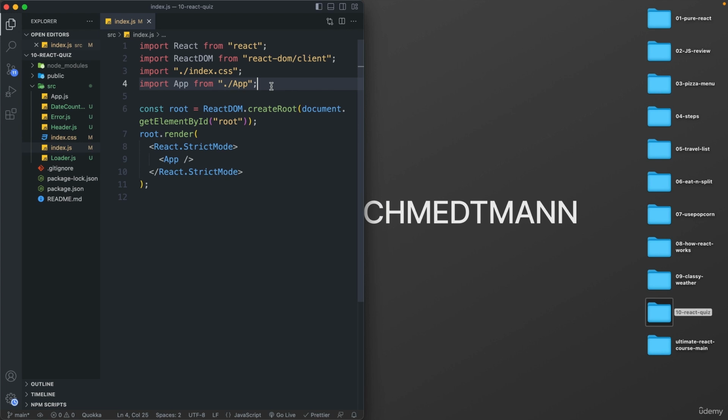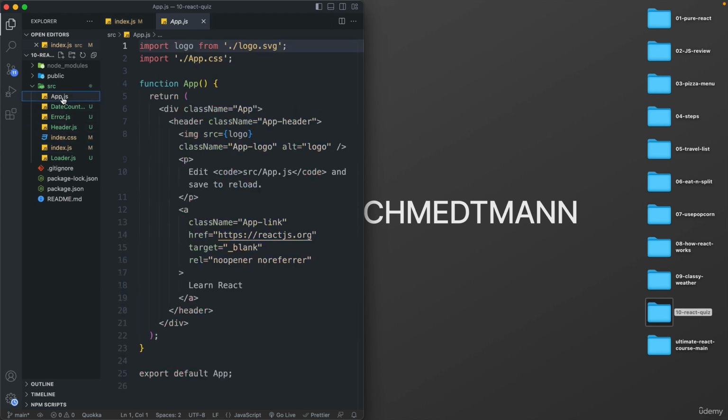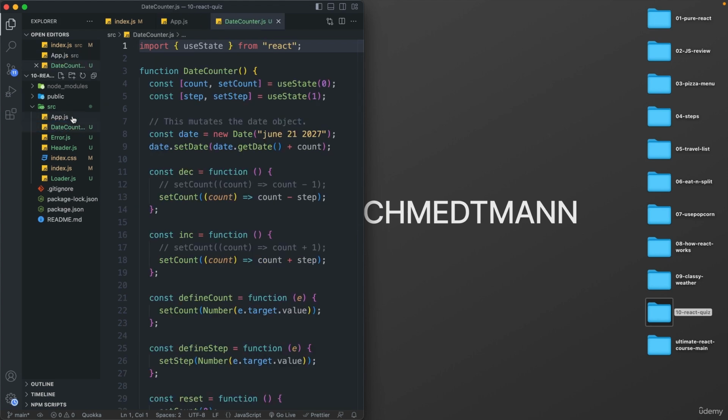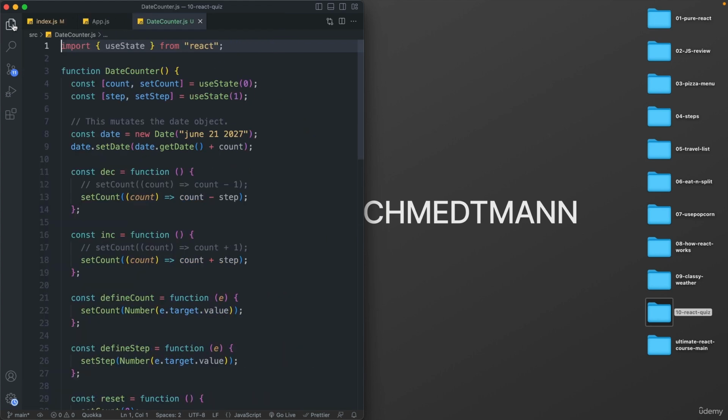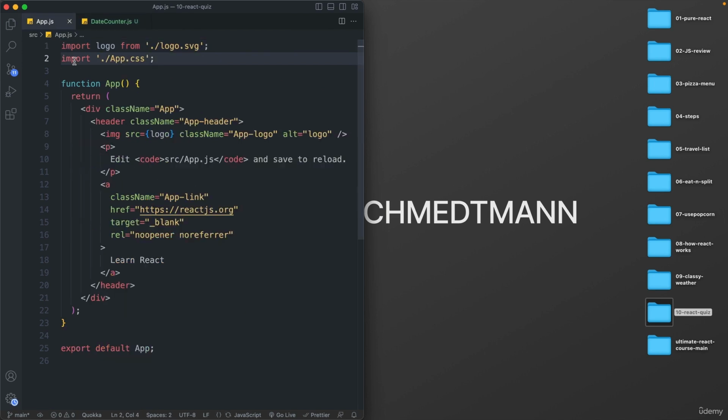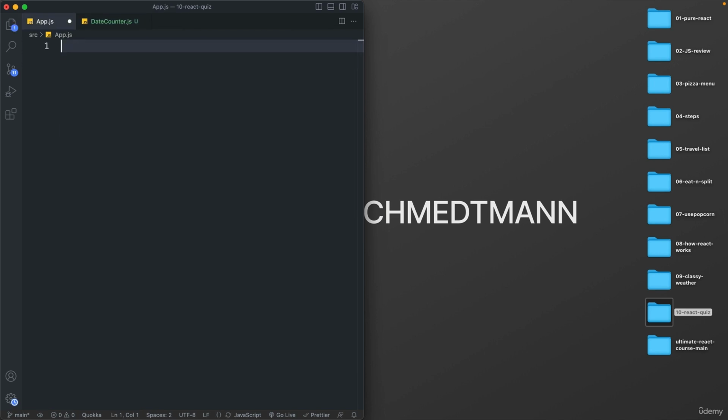So we need the app component and we need to include the CSS file, which as always is part of the starter files right here. So let's start by opening up the app file and the date count file, which we will need soon. And then here, let's delete everything and start the app component from scratch. So export default function